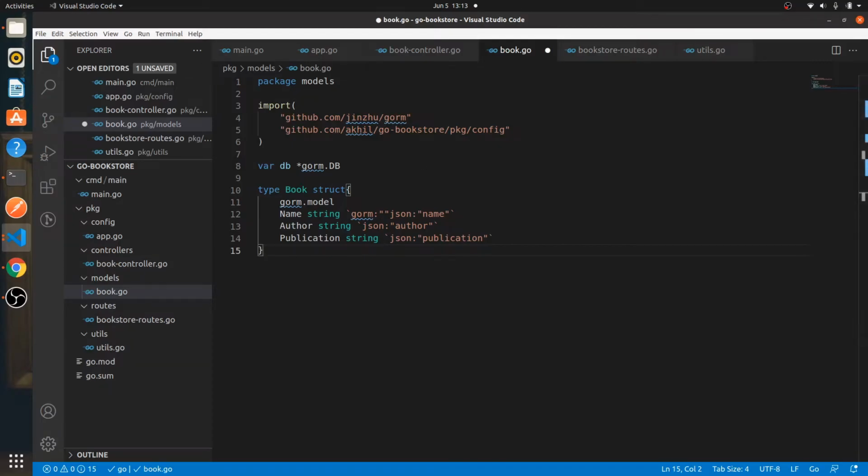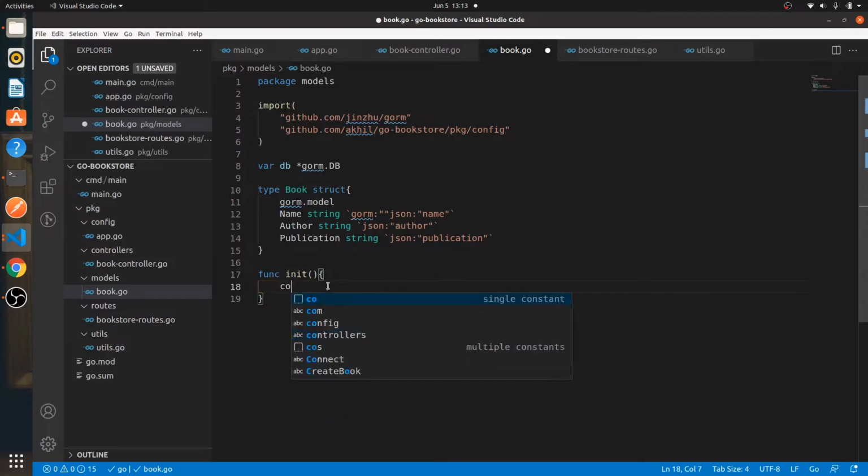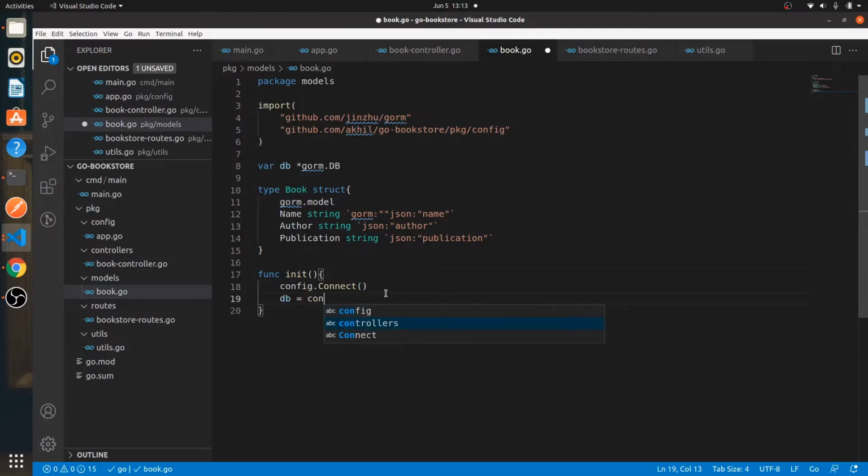And so almost always, whenever we are working with databases, we have to init our database. If you've seen the Golang to-do list video that I created a few days back, you must have noticed that init function. So here also we need an init function that will help us initialize the database in the first place. So config.connect is the function that we created together just some time back, which helps us to connect with the database. That's inside the config folder, you know that already. And db is equal to whatever we get from that